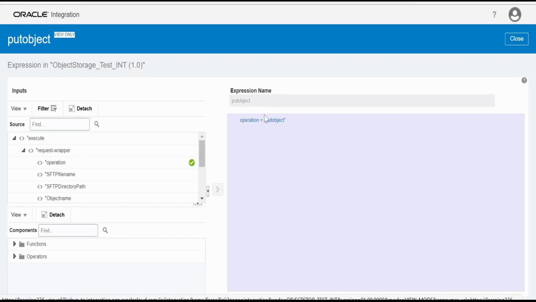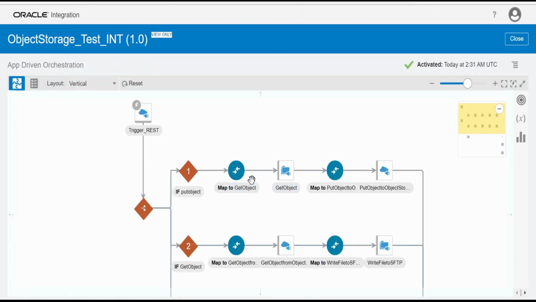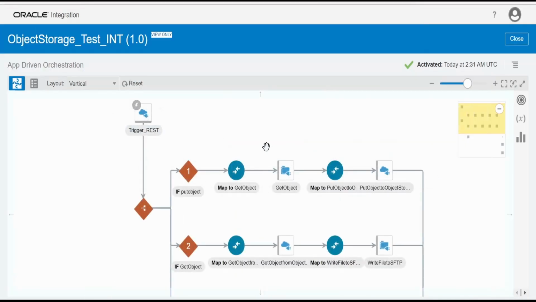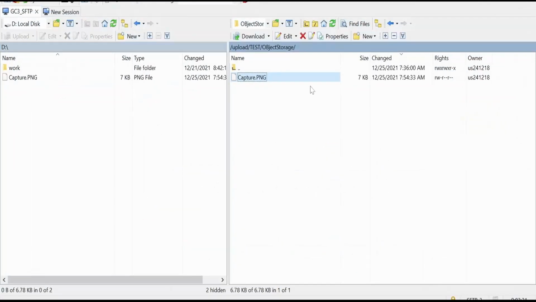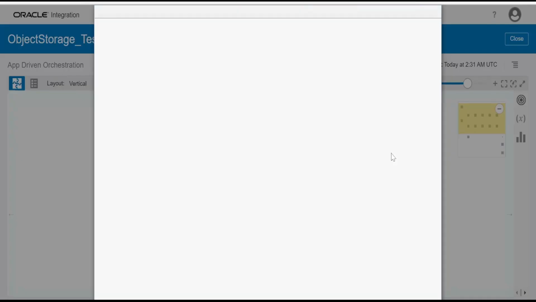The operation is just a switch condition in the request. If the operation is a put object, then what it does is it will first of all get the file from the SFTP. As you can see, this is our SFTP server. It will get the files from the SFTP in this action, which is making use of this SFTP connection, wherein I will be passing this SFTP directory path and the name of the file from the trigger invocation for this integration, as I had shown you in the request, and then the same details I am sending to our object storage. If I click on this I button,